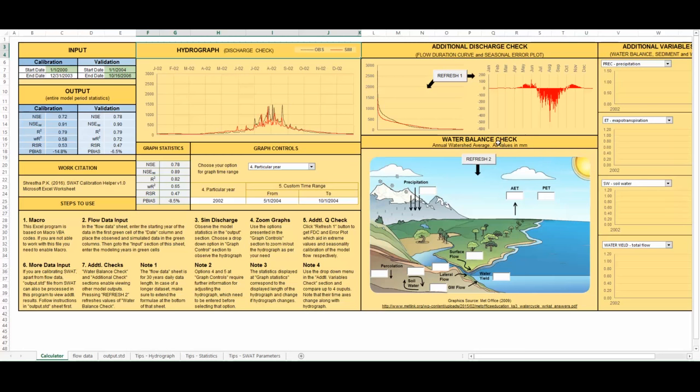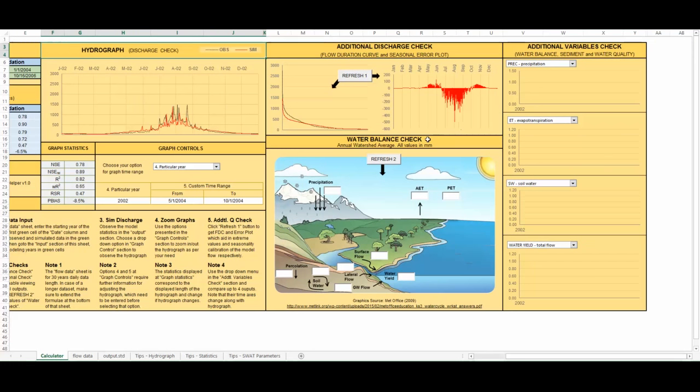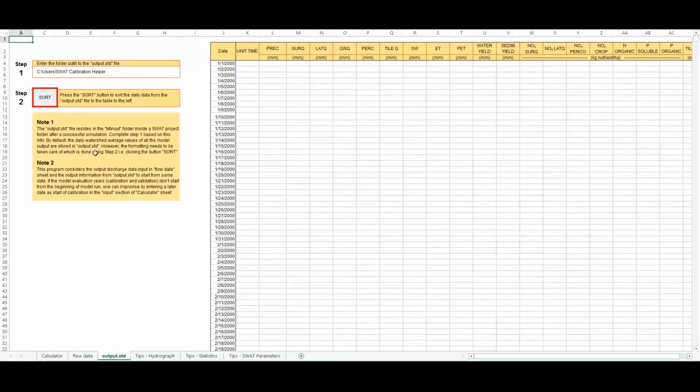So for the remaining two sections, the water balance check and the additional variables check, we have to first go to the third sheet by the name of output.std. Output.std is a file, as you can see in this note 1, that is placed in the txt in out folder of your SWAT project, and you have to first give the folder path to that